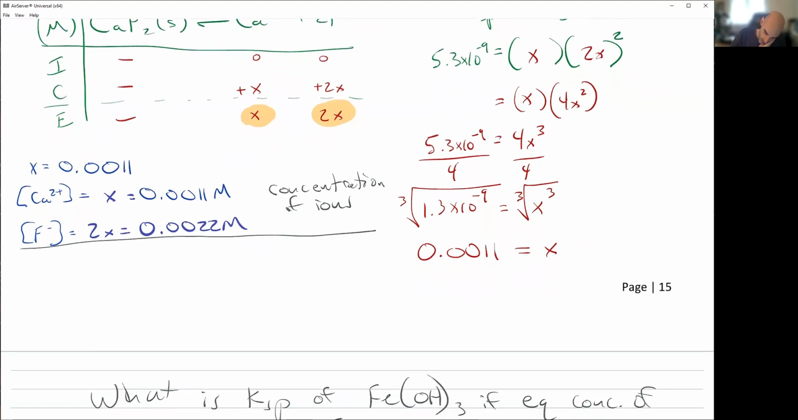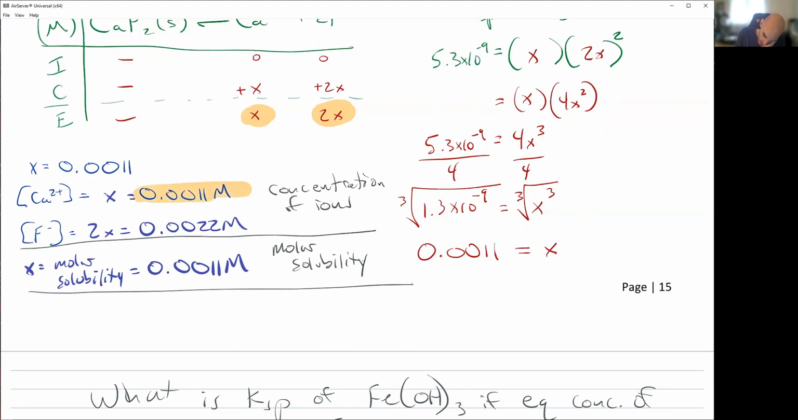But of course, what I really want to know is I want to solve for the molar solubility. So X equals molar solubility, which is equal to 0.0011 molar. That right there is my molar solubility. Okay, so a couple of things. That is my calcium ion concentration. The fluoride concentration is there. This is my molar solubility. And then the final step is figuring out the solubility in grams per liter. So the X value is 0.0011